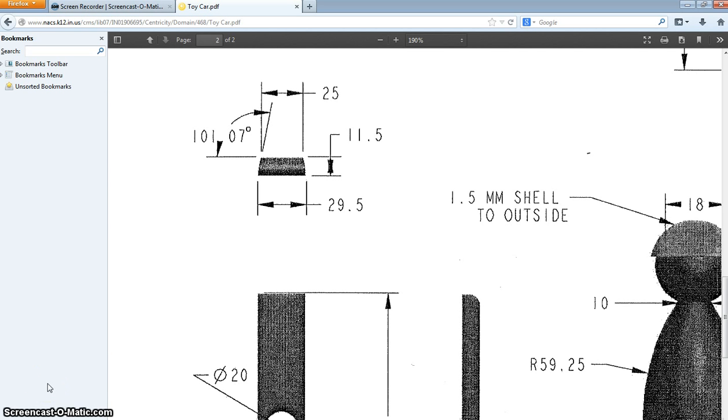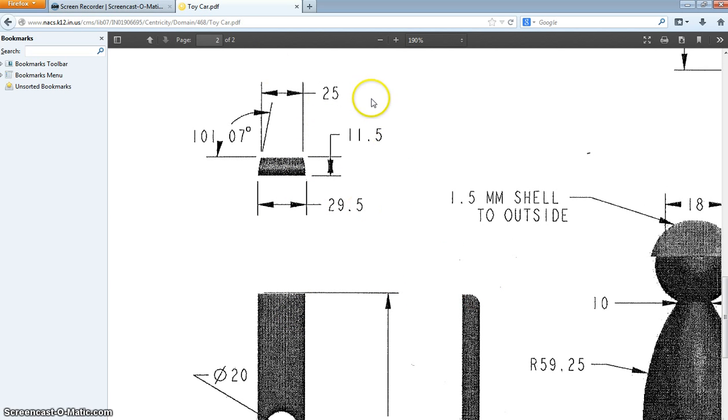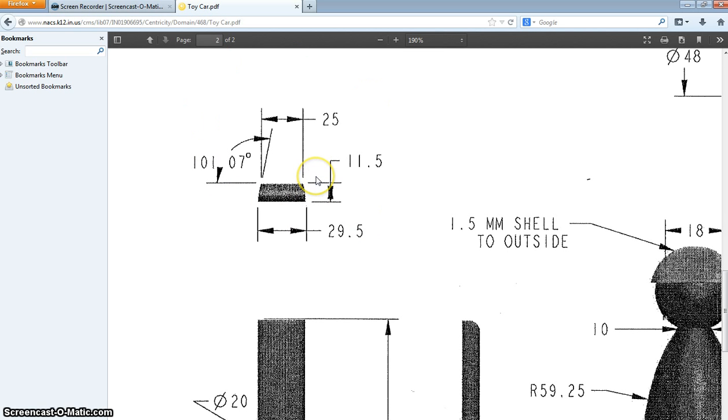Okay, in this tutorial we're going to go ahead and make the dovetail bar, and you see that I'm on the web page and I've got that portion of the PDF pulled up. What we're actually looking at here is, this drawing, and this drawing are all the same part. This would be referred to as a three-view drawing. So you have the end view, top view, and the side view. And so we're going to start with the end view of this drawing because this angle is built in here,